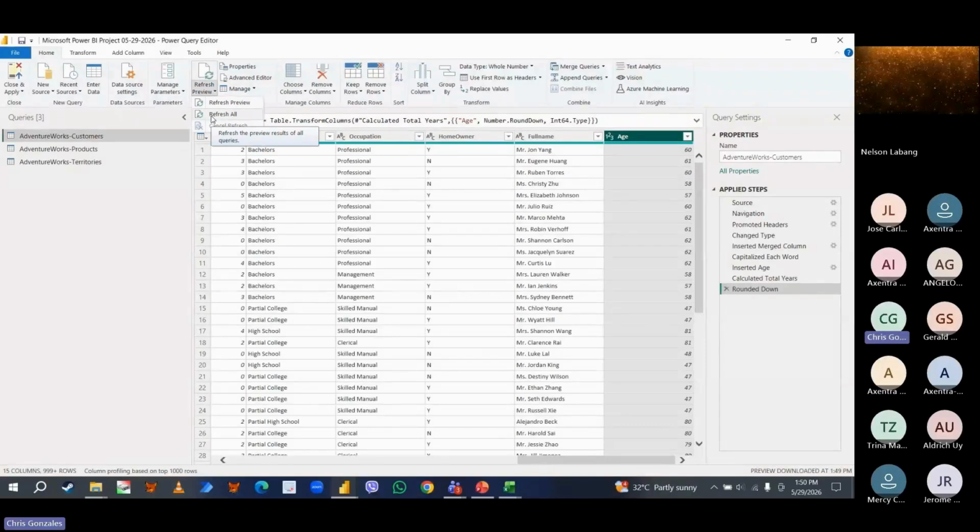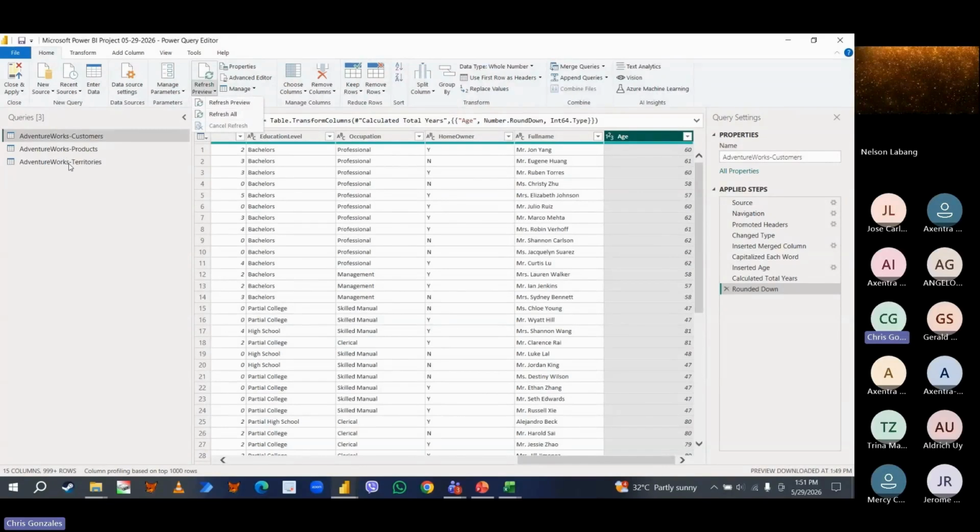So we always assume that there is a possibility that there are new customers along the way, but we don't want to repeat the same step. That's the reason why we are using Power Query. It's not to repeat the same step, but to automate the process of adding full name and adding age for new customers.